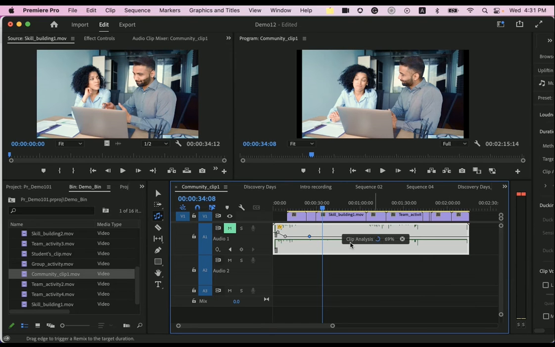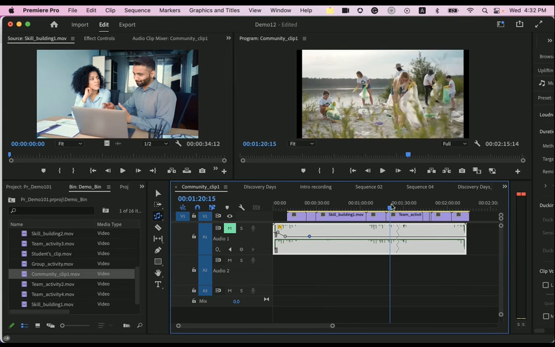So here you see it's analyzing my clip. And once it analyzes the clip, you see that automatically there is a cut applied to it. And this cut is also very seamless. So if I play this part,